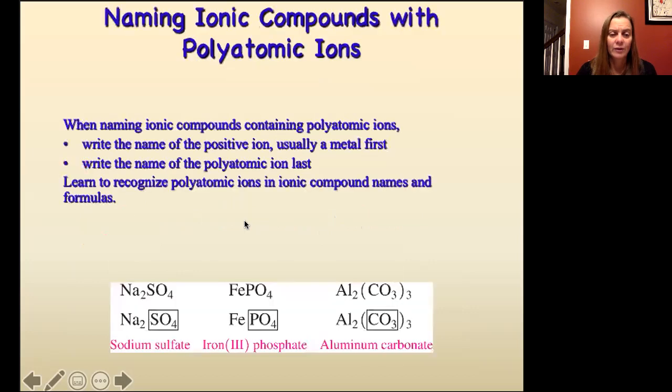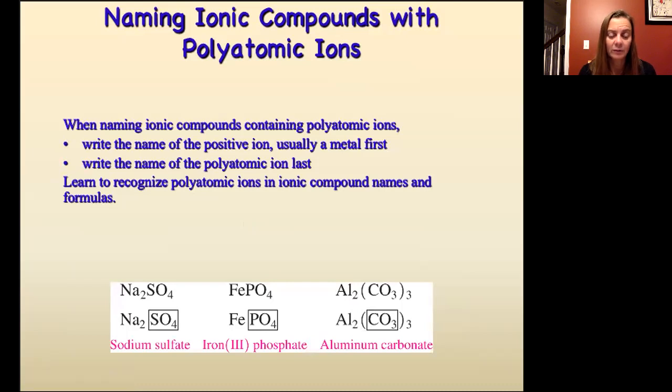thing. Okay, so now naming them. So if we can write the formula, now we have to be able to go from formula to name. So when we're naming them, we're going to name them just like we did the binary compounds. We're going to write the name of the positive ion first. We're going to write the name of the polyatomic ion last. If it is a type 2, we're going to put the charge of the metal in Roman numerals after the